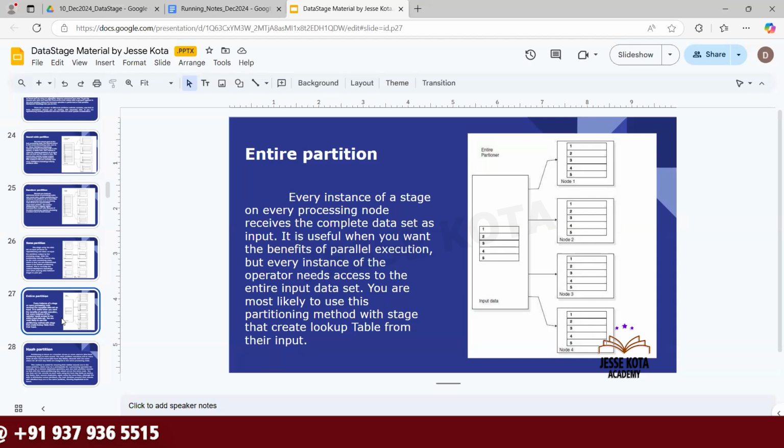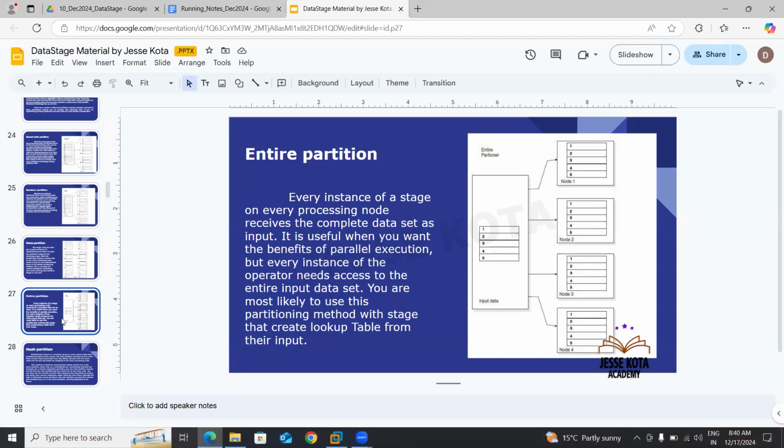Then all the nodes get all the input records, so each node contains 5 records. That is entire partition. Normally, entire partition is used in lookup reference tables. So here we have a lookup stage, and there we will discuss